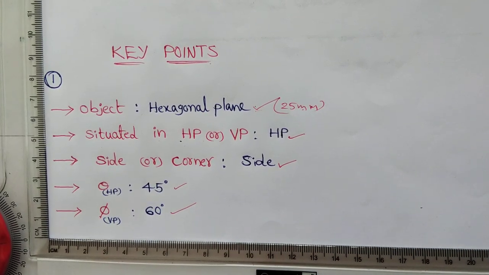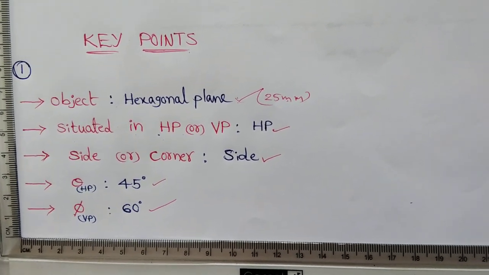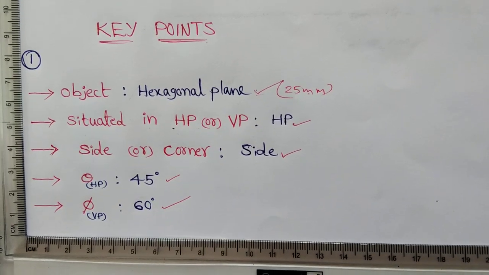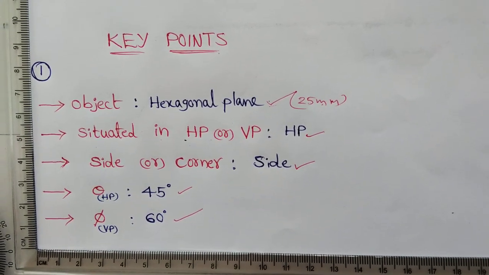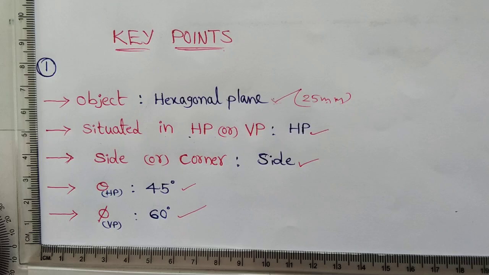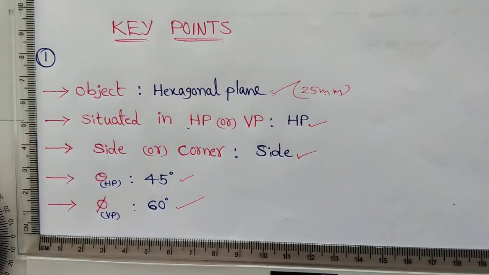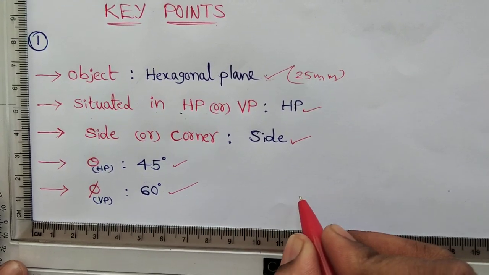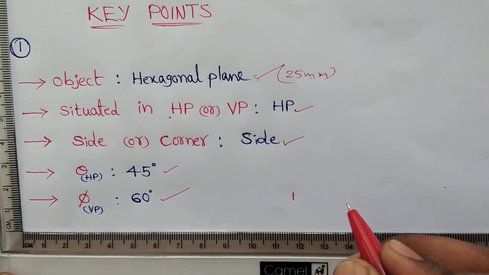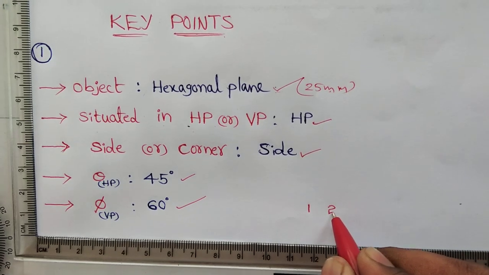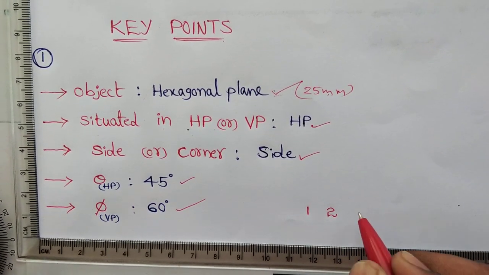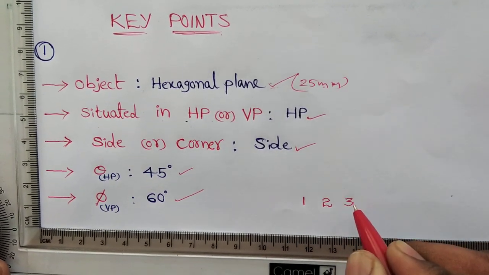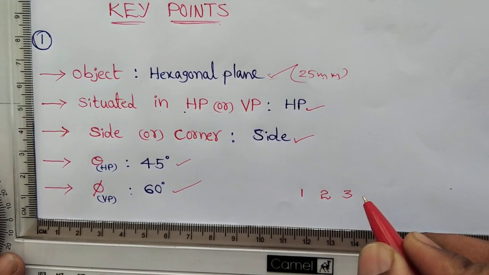So according to the given details of the problem, projections can be drawn in 3 stages because the plane is inclined to both HP and VP. So how can we decide the view to be drawn first? Coming to the 3 stages, the first stage is called simple position. The second stage is related to the inclination with one plane. And the third stage is related to the inclination with both HP and VP.